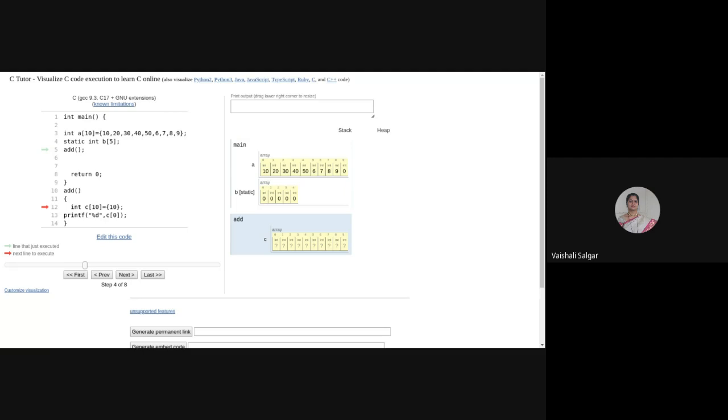So the storage allocation for the values and the variables in the procedure or function is done when the function is called. It means when the control reaches or enters that procedure, after that, the array will be allocated to that particular variable. Understood?